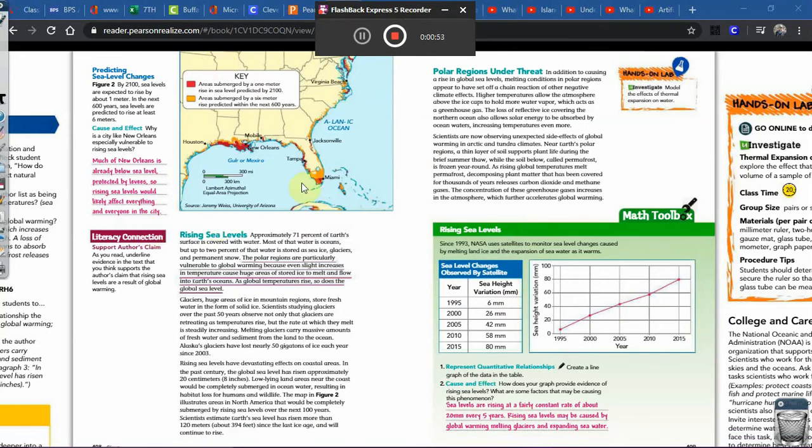The first thing we're talking about here is rising sea levels. So, the effects of a changing climate. One effect could be rising sea levels. As global warming continues to warm the planet, what happens to ice is it warms. It melts. So we have our polar ice caps, right? North Pole, South Pole. We have the Arctic up north and Antarctica at the South Pole, and they're covered in ice. As the Earth increases in temperature, that ice is going to melt. And when ice melts, it turns into water, and that water has to go somewhere.